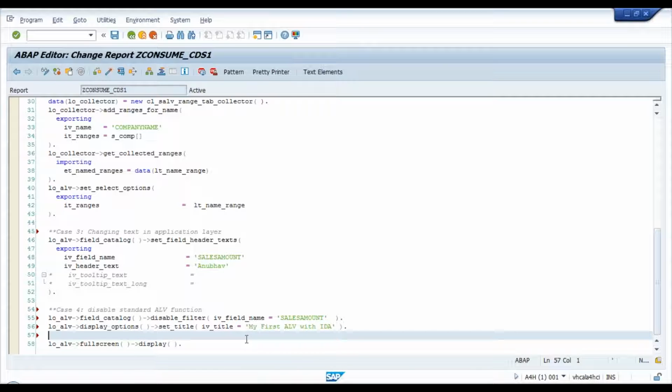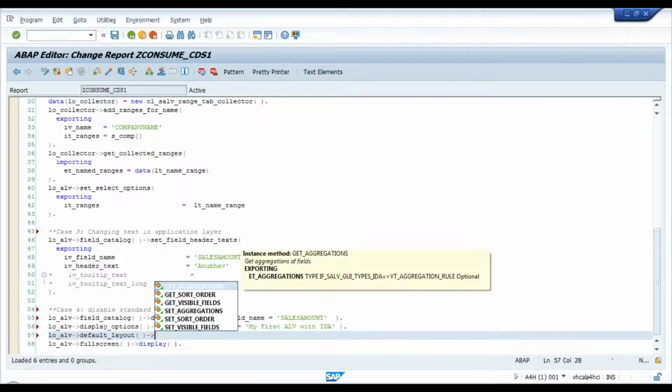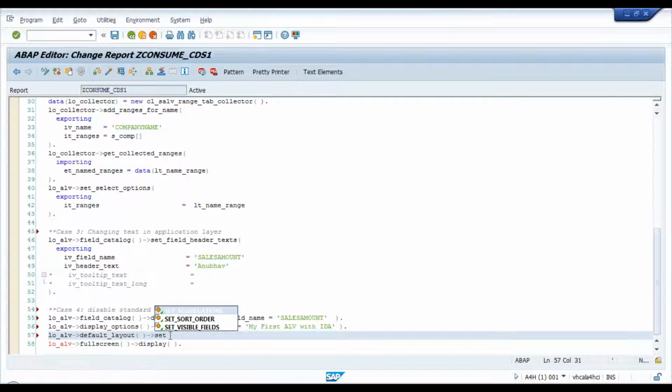And next, maybe I want to change the sorting order. By default I want to sort all the records based on my company name. So I can just do that. If you want default sorting based on certain columns, you can typically do that. So you say this, and you say default layout object. This is the object which you can use to set or initialize your ALV with some default options. Then you can call the set sort order method,